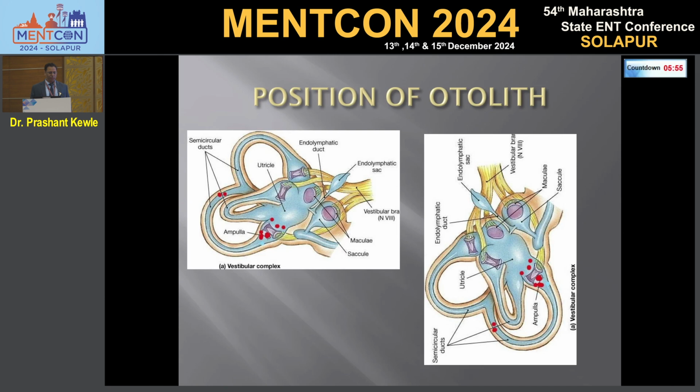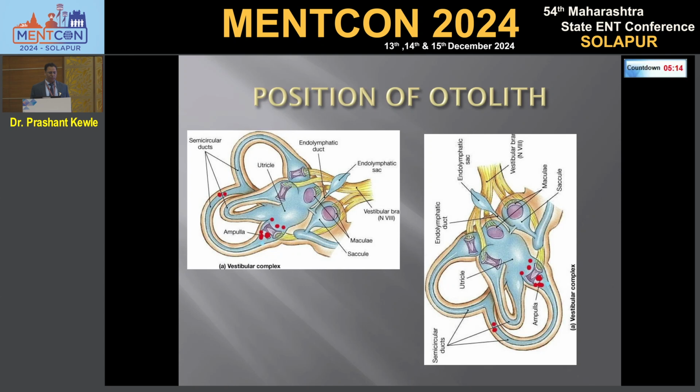Fourth one, the particles are attached to the cupula, but from the utricle side. What happened? You will get a nystagmus. Not that strong, but still it will be a long duration nystagmus, more than 1 minute. And when you get the patient up, you get truncal propulsion or non-reversible nystagmus. If it is right beating on Dix-Hallpike, on getting up it is again right beating. Many times the utricle nystagmus is very feeble and you need VNG to see the nystagmus. Very rarely can we see it with naked eyes. You have to understand and act accordingly. So we have a fourth interpretation for the same Dix-Hallpike.